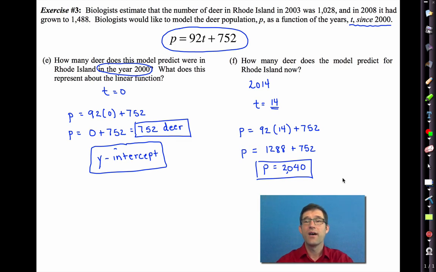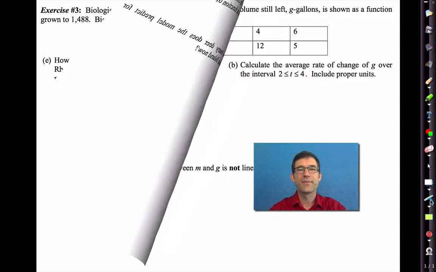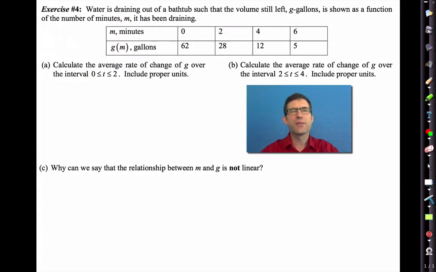Okay, I'm going to clear out the text, and we're going to do one last exercise. Okay, let's do it. Here we go. Exercise number 4. Water is draining out of a bathtub such that the volume still left, G gallons, is shown as a function of the number of minutes, M, it has been draining. So letter A says calculate the average rate of change of G over the interval 0 to 2,